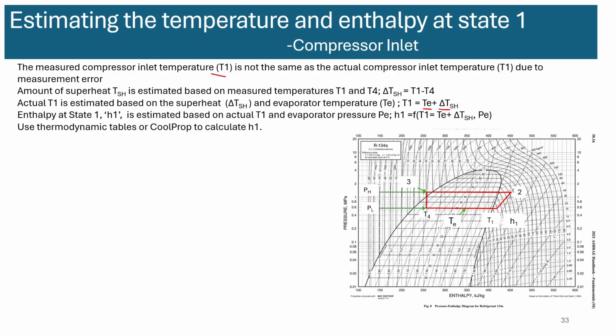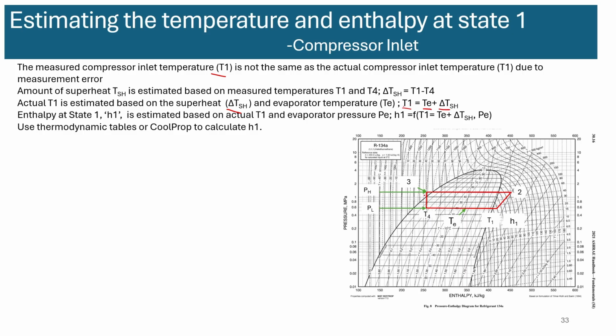The reason is there is some measurement error when you measure temperatures on the evaporator. So we have to go back to the temperature estimated using the pressure, which is the evap temperature value, TE, and then find that delta temperature between T1 and T4 and use that as the superheat value, delta TSH, and then add that to the estimated TE, right? And this will be your new T1, instead of using the measured T1. Okay, so once you get that